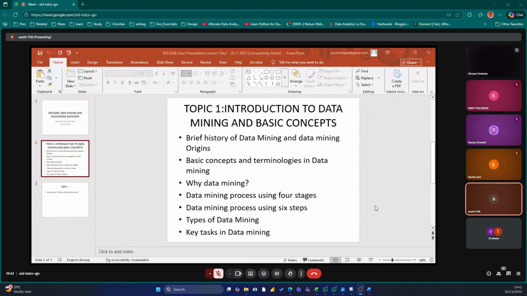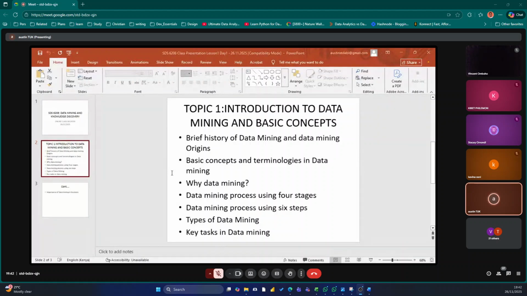Number three, after you've done all that, then mine your data. That is, when the data is prepared, that is, it has been pre-processed, then a data scientist has to choose the appropriate mining technique, and we'll see them. There are a number of them.